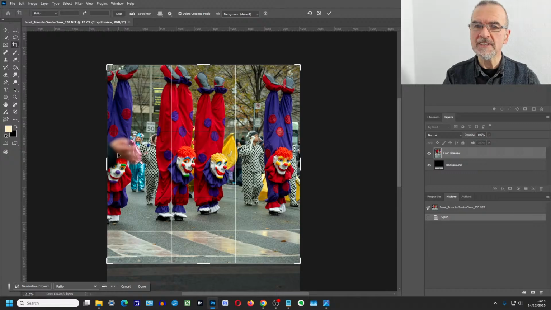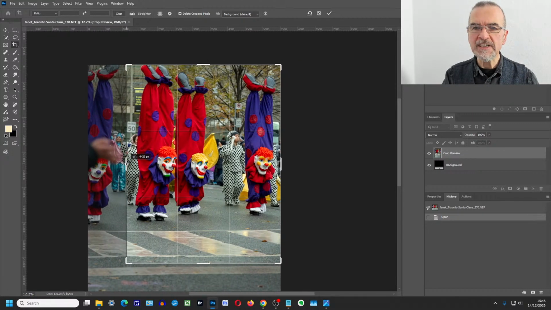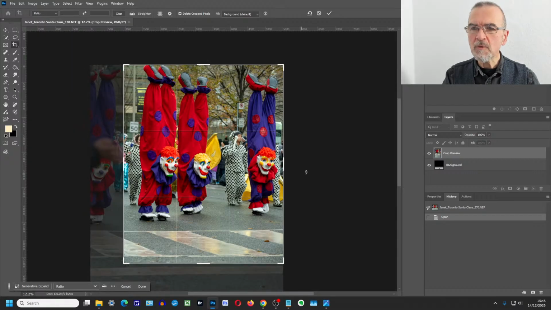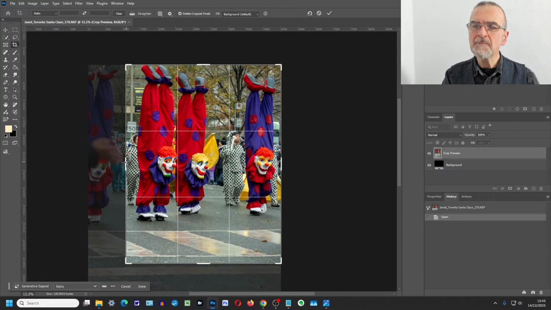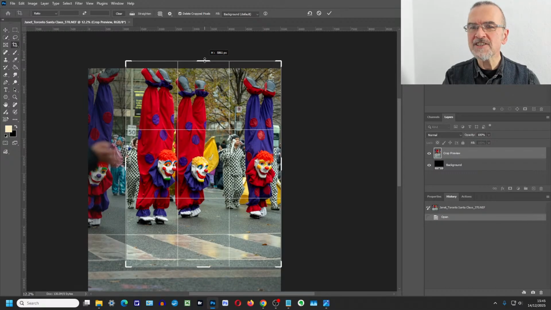So that's another possibility. Now, for my feeling, although there were 4 of them, this one on the left isn't doing you any favors. Basically, because the hand is in the way and they're not really in there, if you want to make a better photo out of it, you may as well just bring that in. Just crop. Now we've got a little bit of space on the right here. We want to have a similar amount of space on the left. And then in an ideal world, those toes are just chipped off, and it would be far better if you could get a little bit of extra up there.